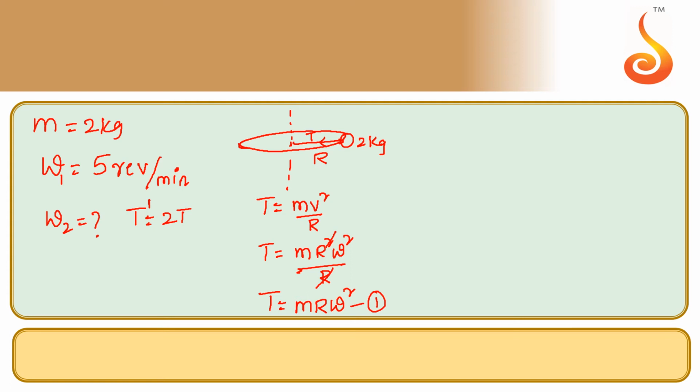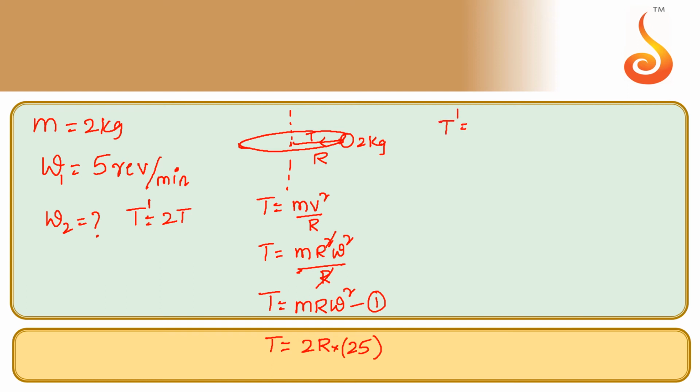Since mass is given, tension is equal to 2 r into omega, which is 5 revolutions per minute whole square, which is 25 revolutions square per minute square. Now keeping the radius constant, tension becomes 2T, then